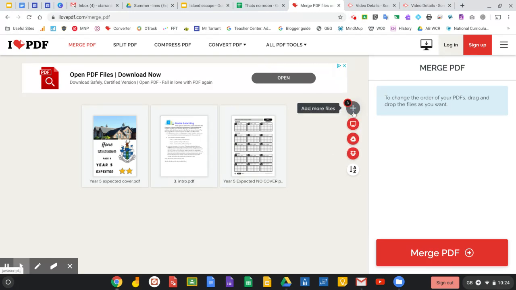That is the options you've got for different ways of sourcing PDFs. You do need to download them to your computer first, or at least to your Google Drive, before